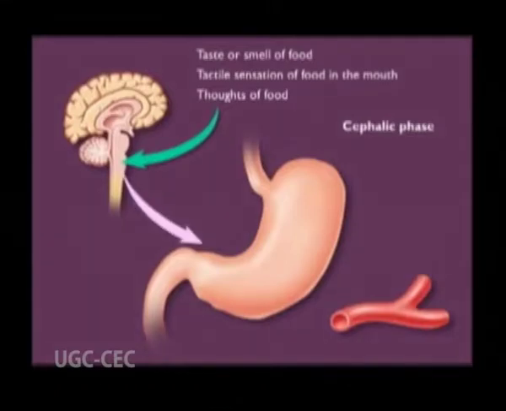The brain stem then activates the facial, glossopharyngeal and vagus nerves. The facial and glossopharyngeal nerves stimulate the salivary glands to secrete saliva, while vagus nerves stimulate the gastric glands to secrete gastric juice. The purpose of the cephalic phase of digestion is to prepare the mouth and stomach for food that is about to be eaten.